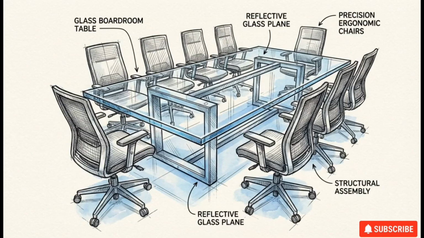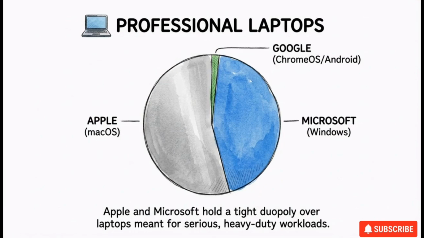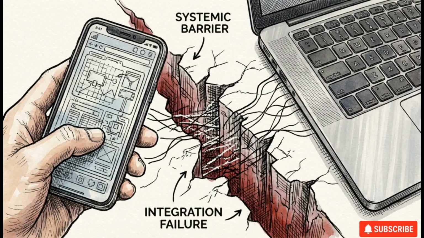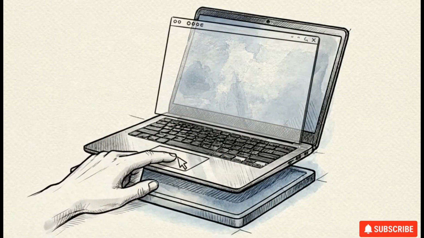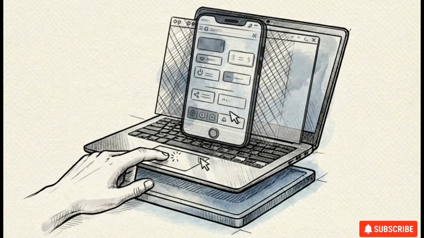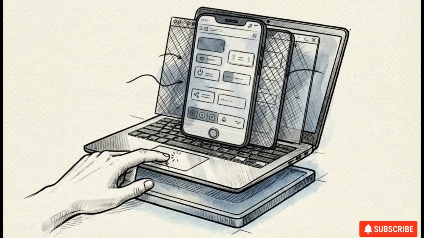Move up into the high-margin professional market, and that footprint vanishes. Apple and Microsoft hold a tight duopoly over laptops meant for serious, heavy-duty workloads. Google maintains two distinct software environments, Android for mobile devices and Chrome OS for low-cost laptops. This split architecture makes it impossible to build the kind of seamless, premium cross-device continuity that consumers expect when paying flagship prices. To try and bridge the gap between their mobile and desktop ecosystems, Google eventually allowed Android applications to